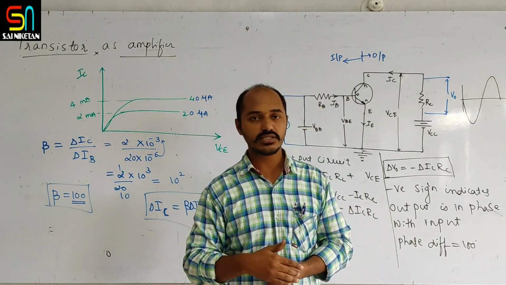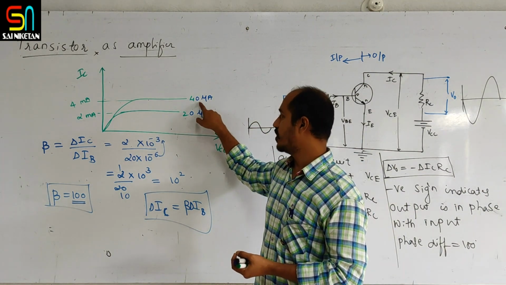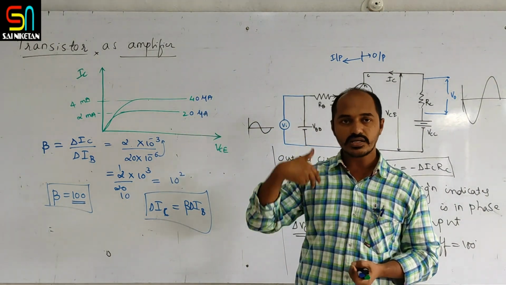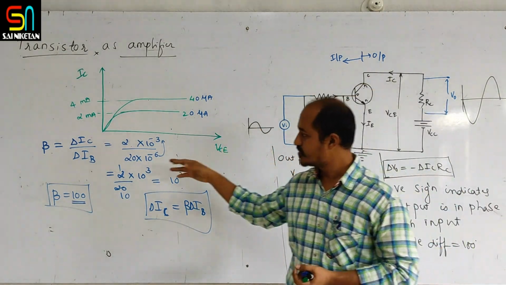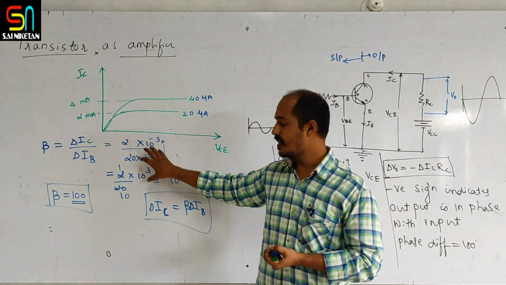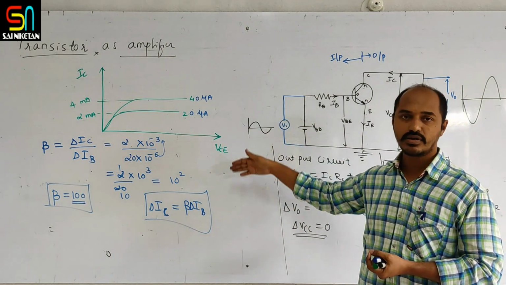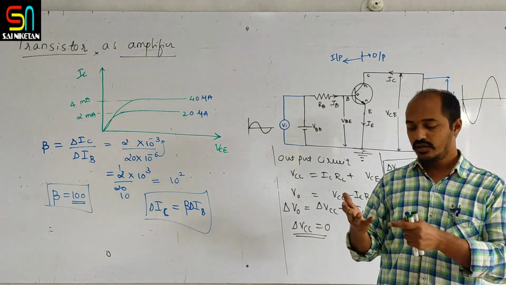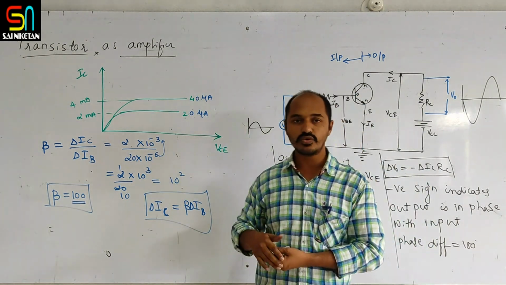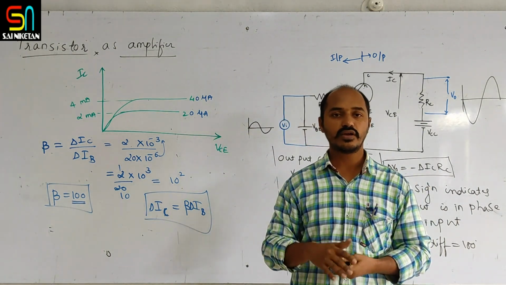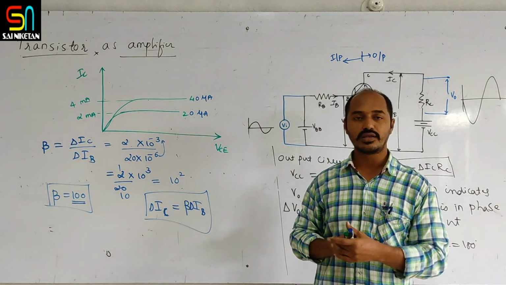As the input voltage changes, a small change, you can see here, the input is changing very little from 20 to 40. The large amplification of the current takes place from the output characteristic. Just first write this formula, make an example so that the examiner will understand. Then go for the explanation and write regarding the voltage amplification as well as the power amplification. This is there in your notes, so read those notes very carefully and try to make your own notes. On the basis of this class, hope you will understand.